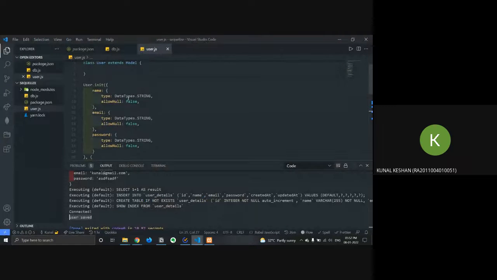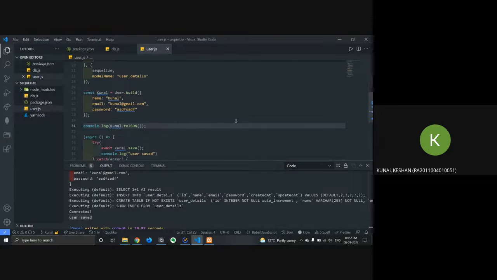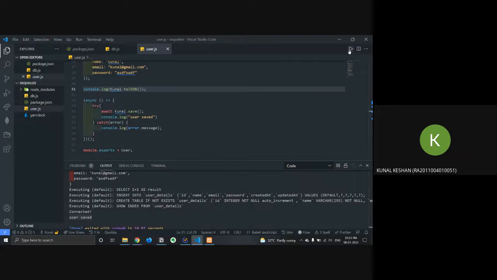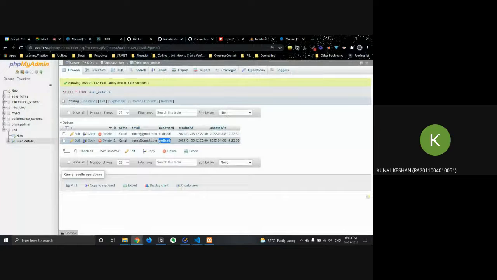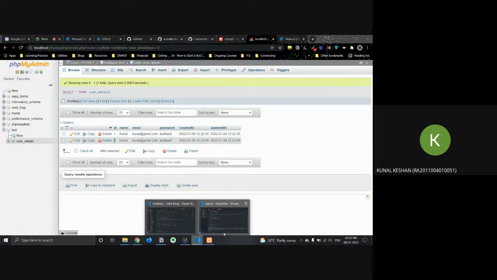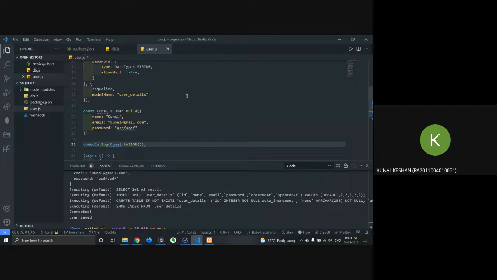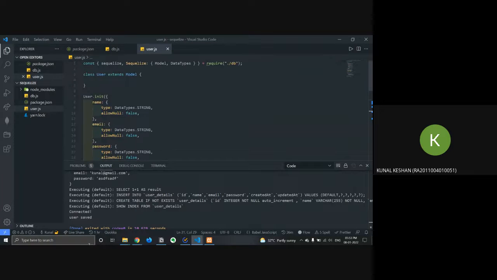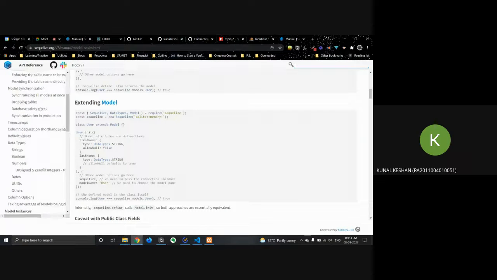All of these are okay, they're not unique, so I can create another one. If I run this again and come back here, you can see it's all being saved, and the ID also works. It's auto increment in this case. So that's a great thing about Sequelize. You don't have to remember the SQL queries. You can just use the methods offered by Sequelize itself, and it's all there in the documentation.